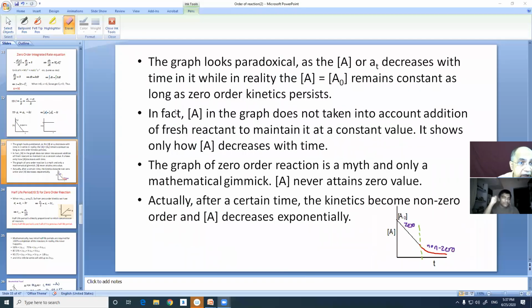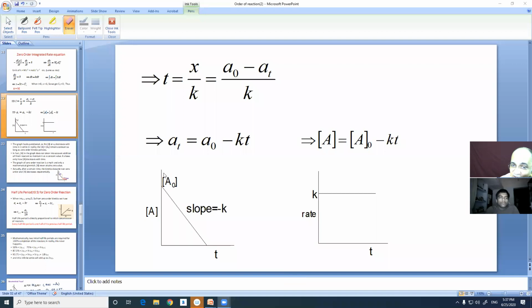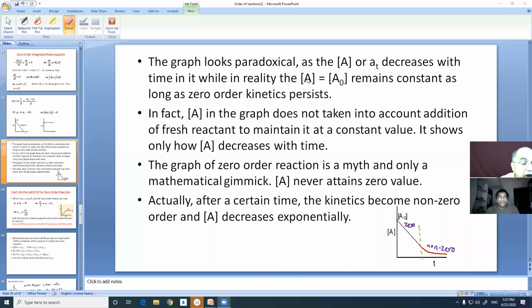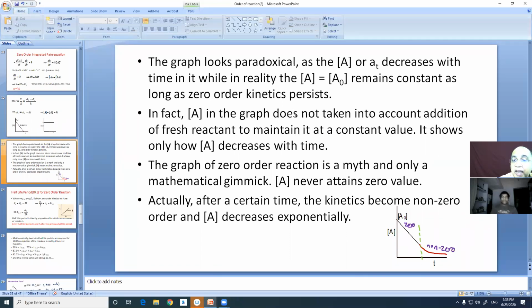Now listen to me. The graph looks paradoxical. Paradoxical means unconvincing. As the concentration of A or At decreases with time, in reality the concentration of the reactant remains constant as long as zero order kinetics persists. In fact, the A in the graph has not taken into account